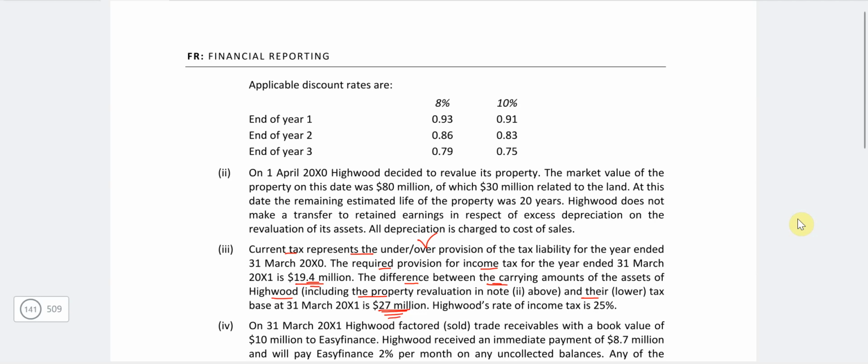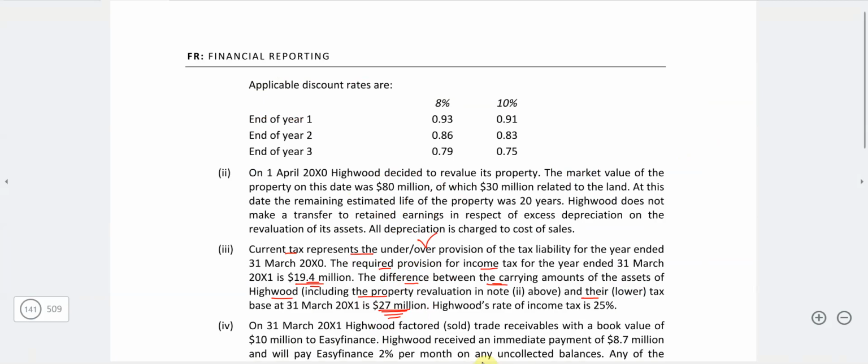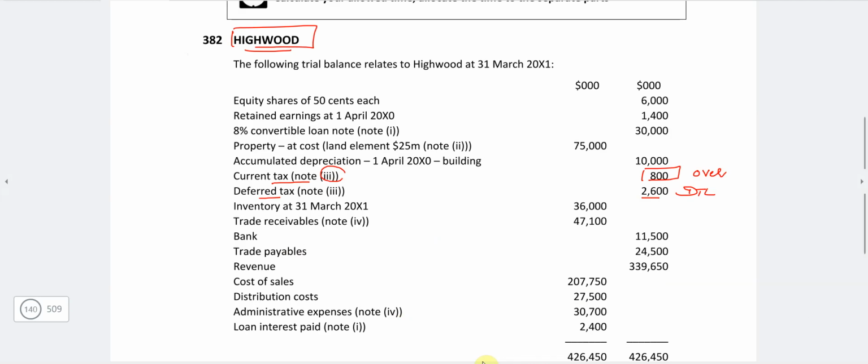We don't have the direct deferred tax liability in the exam. It says that you have the temporary differences, and now you have to calculate the deferred tax liability, and it says the temporary difference includes, again, the property revaluation. So this 27 million includes the property revaluation. First of all, we need to see the property in the trial balance. The property is at cost